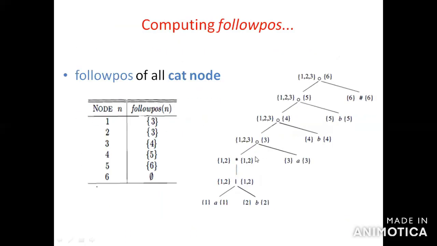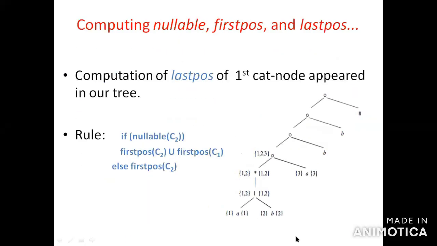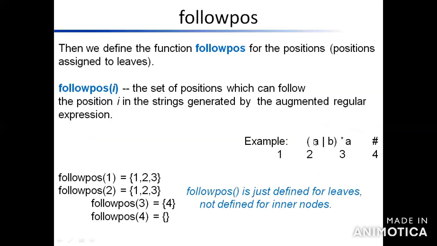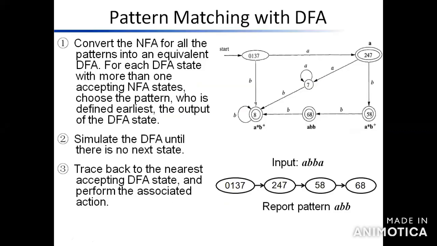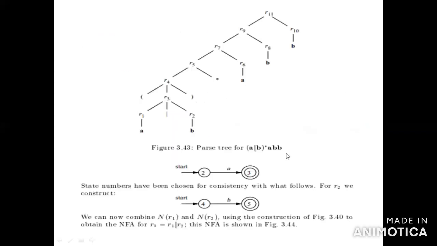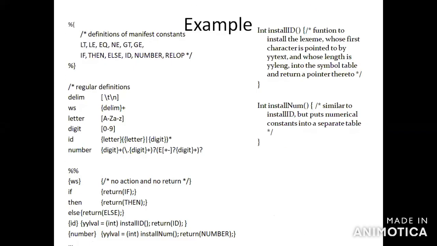So I will just revise your third module. In the third module, we have two problems. One is RE to NFA, that is conversion of RE to NFA, then conversion of NFA to DFA, and minimization of DFA. The second problem is RE to DFA, that is the direct method. In the direct method, we are doing the first question, follow question, and last questions. So this is your third module. It's completed. Next class we will start the fourth module.